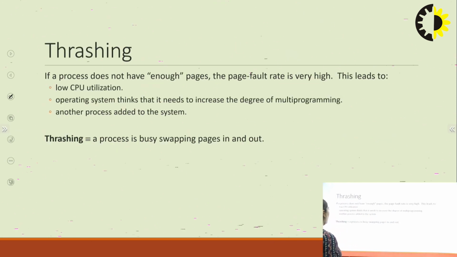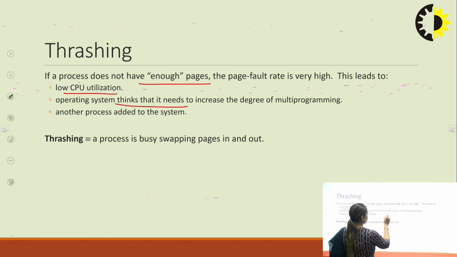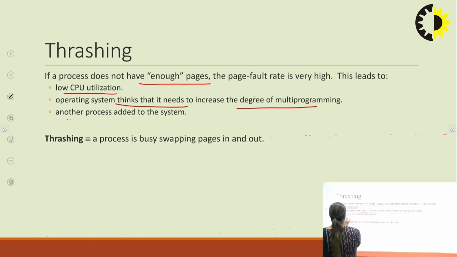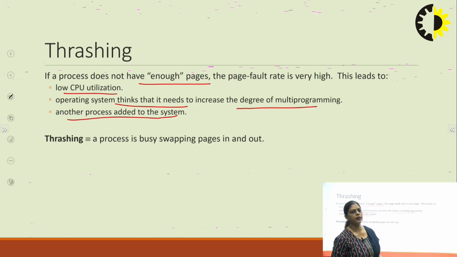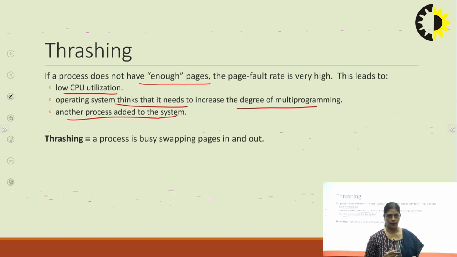What is thrashing now? If a process does not have enough pages, the page fault rate is very high. This leads to low CPU utilization. Operating system thinks that it needs to increase the degree of multiprogramming, and other processes are added to the system. Suppose our virtual memory is very large and the physical memory is very small compared to that virtual memory. Then what will happen? When the pages are required by the program, the physical memory is small, so we have to